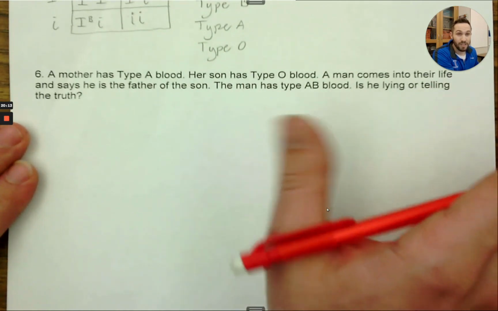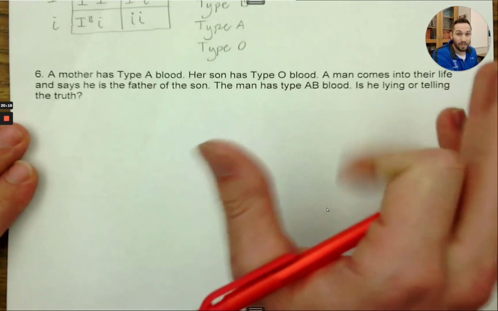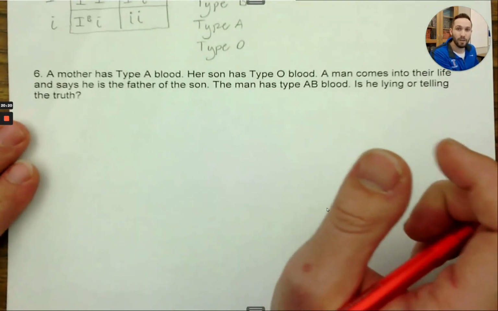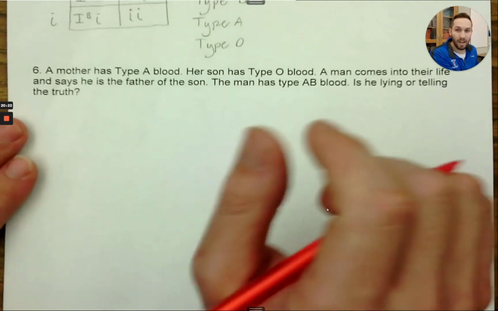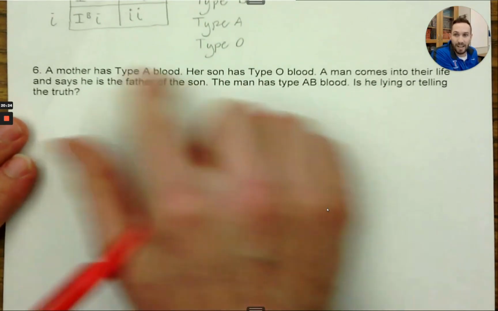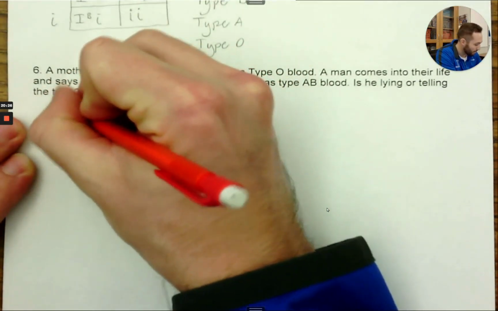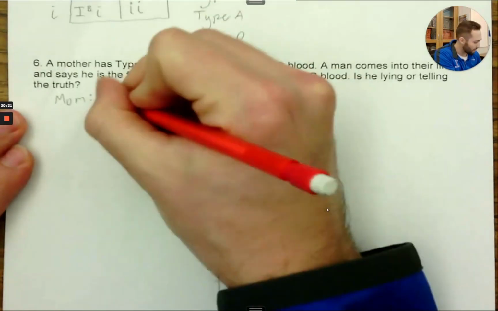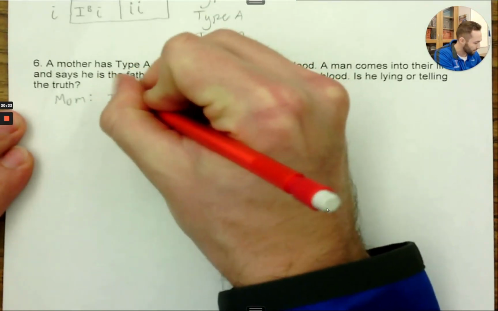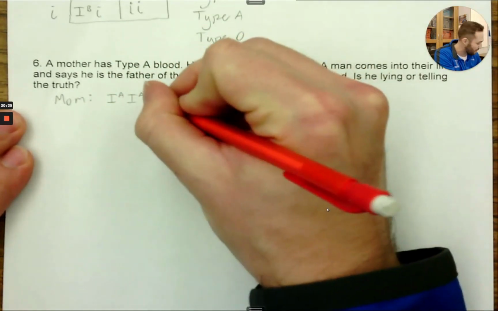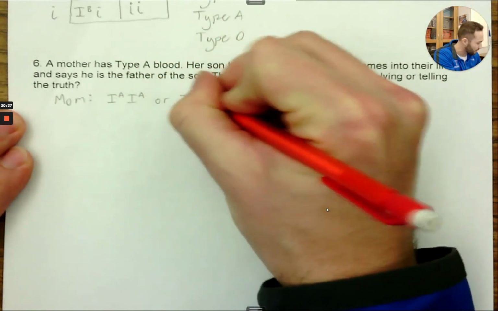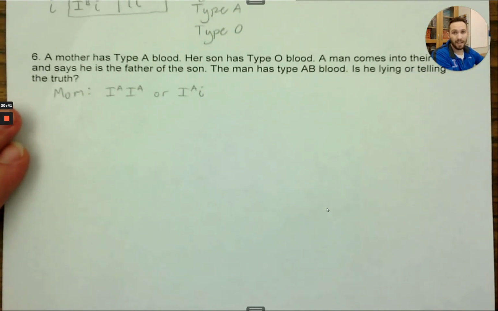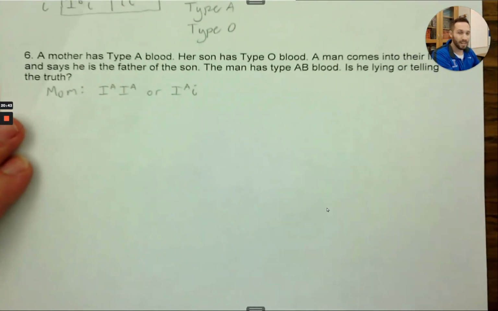And so let's see if just based off of our simple genetics knowledge that we learned in high school and blood types, we could figure out if this is even possible without having to pay hundreds of dollars to order a DNA test. And so let's start with the mom. Mom has type A blood. Now, if you have type A blood, there's two genotypes you could have. You could be homozygous for A, you could have two A alleles. Or if you're type A, you could have an A allele and an O allele. That's possible. And her son, it says her son has type O blood.